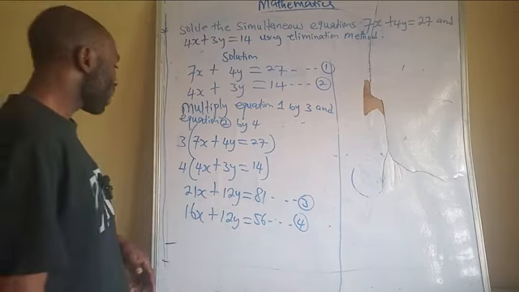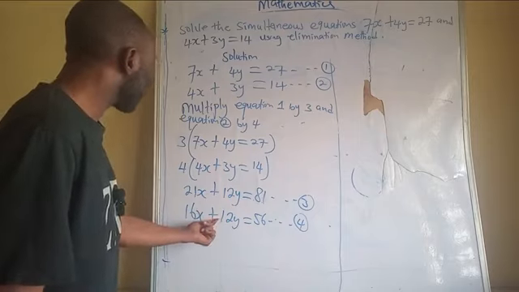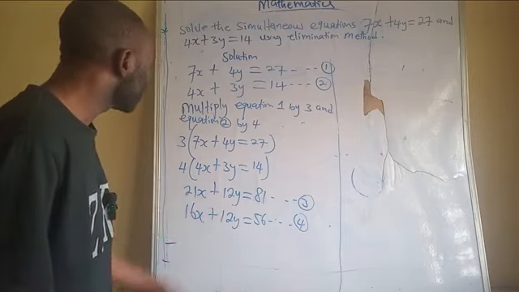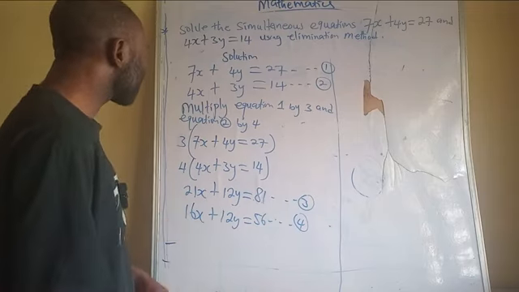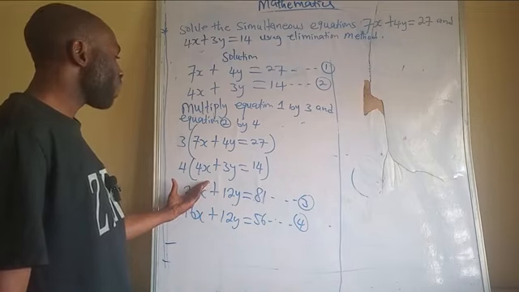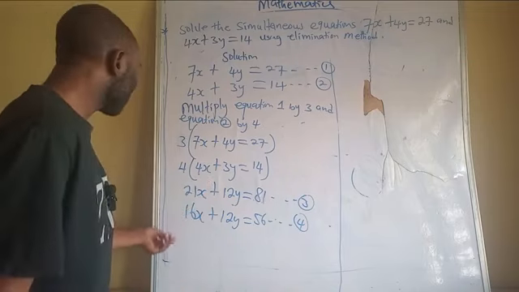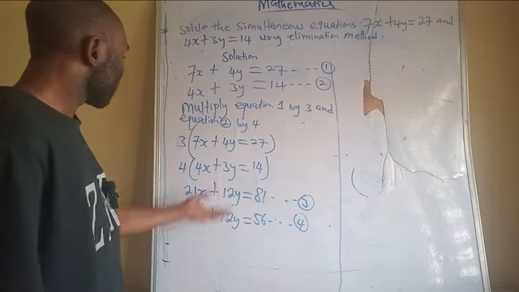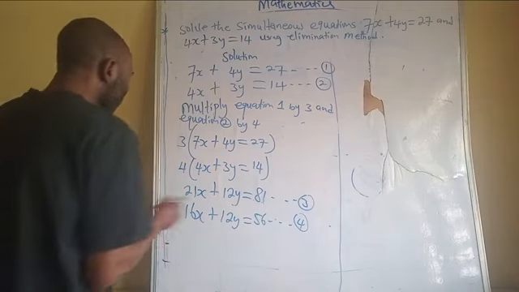Since they have positive signs, the only thing that will eliminate them is to subtract equation 2 from equation 1. So in subtracting equation 2 from equation 1, which means